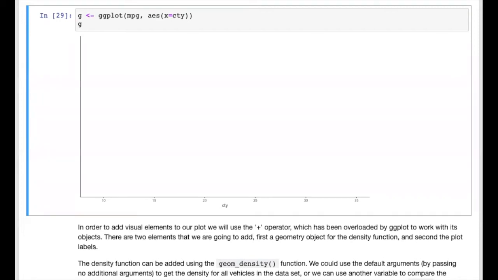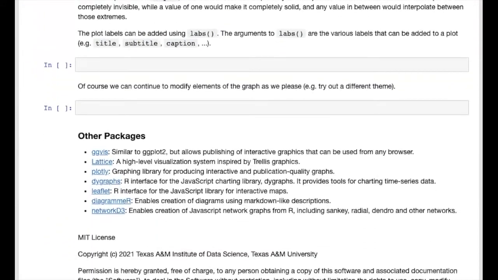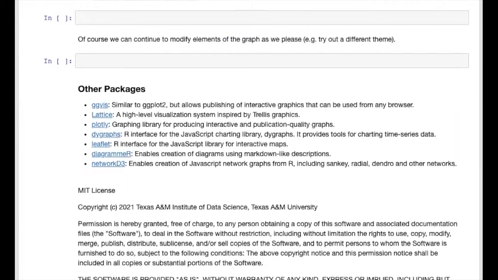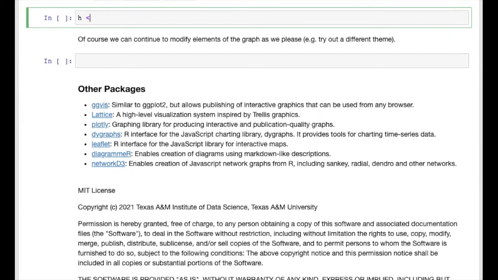And lastly, you may have noticed that we didn't plot anything, which makes sense since we've only specified a mapping for the x-axis. So we're going to fix that now. We're going to define a new variable h to hold our new plot, and we're going to start with our current plot g. Now with the grammar of graphics, we're going to literally add new graphical components to our plot using the plus operator. The new component we're going to add will be a kernel density estimate, or a smooth